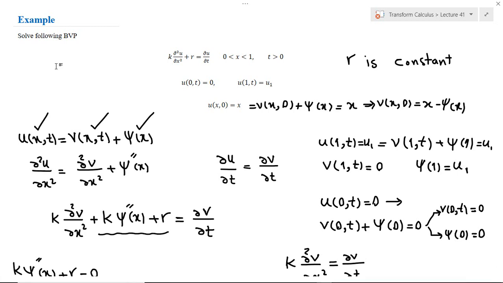So, conclusion: because we had one non-homogeneous boundary value problem, but it was time independent, we could use the first solution. We assume that u is equal to v plus psi, and we just plug it in the equation. We found psi, we found v through homogeneous boundary value problems, and then we add them together to find u of x and